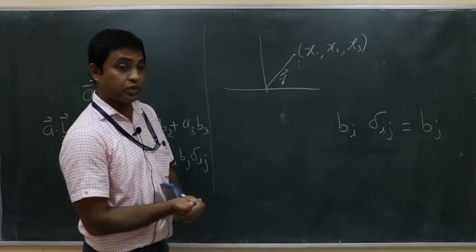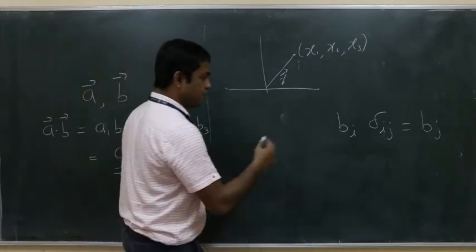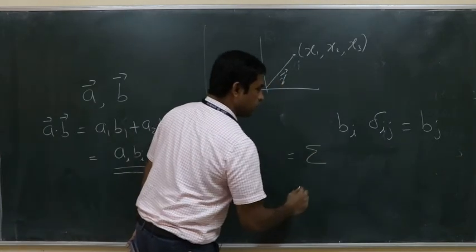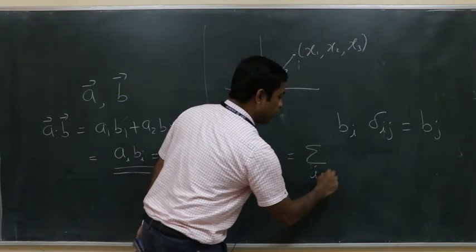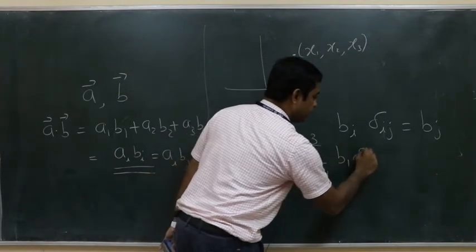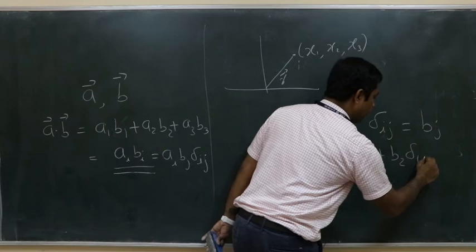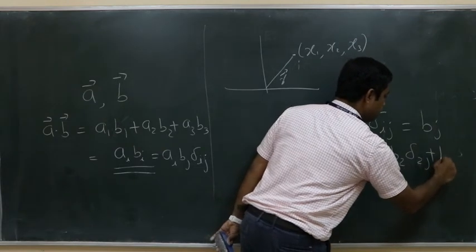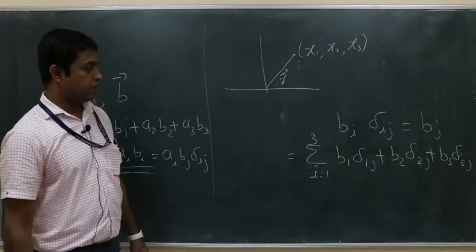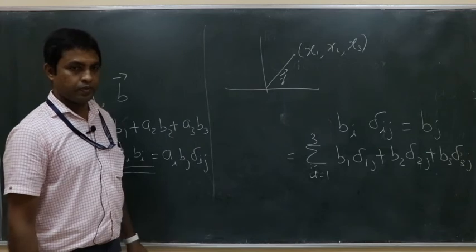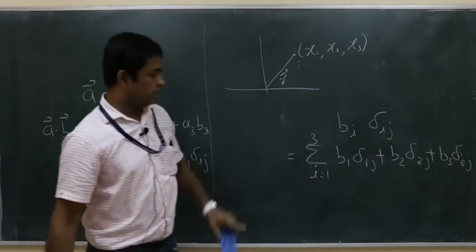So from here I am actually giving you some tricks to do. It is very crucial how you got this. Explicitly, let us write down this summation over j, or I. It's a summation over i from 1 to 3 of b1 delta 1j plus b2 delta 2j plus b3 delta 3j. This is clear to everybody, right? This quantity is equal to this quantity. Let us derive it. Any confusion on this?